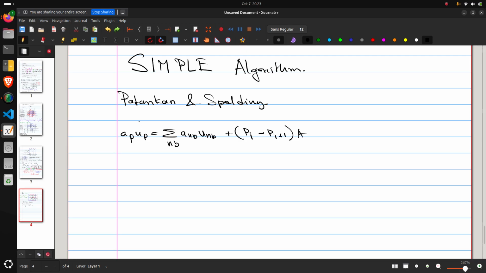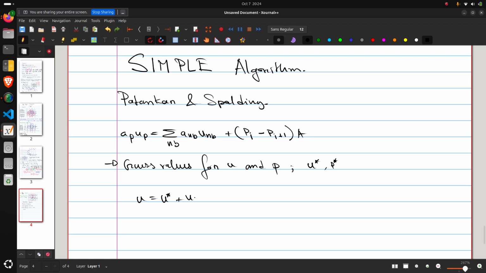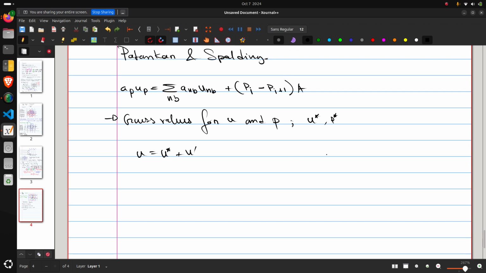Now what they suggested is that first you take a guess value for all the quantities U and P both, which is denoted as U star and P star. Say this is the actual value, we can write it as the U star. The actual value is a sum of the guess value and some correction term, which we will compute using the SIMPLE algorithm. Just keep that in mind, that first we take a guess value, then we do some kind of operations, and we then arrive at the